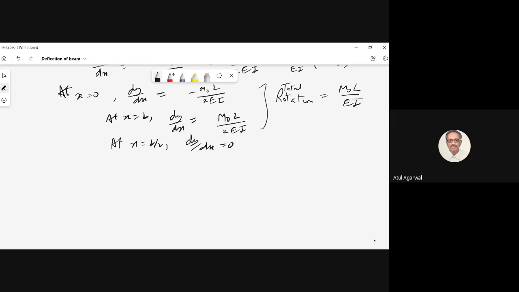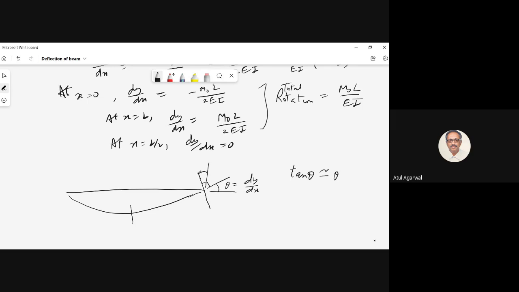So you have got deflection of the curve, you know the slope, you know how much the cross-sectional planes rotate. This dy by dx is nothing but rotation of the cross-sectional planes. If you take the slope, this is dy by dx, I call it theta. Theta is same as slope when theta is small. You see tan theta is almost equal to theta when theta is small. And cross-sectional planes rotate so as to keep the angle 90 degrees. So you will see that from vertical, your rotation is also this theta.